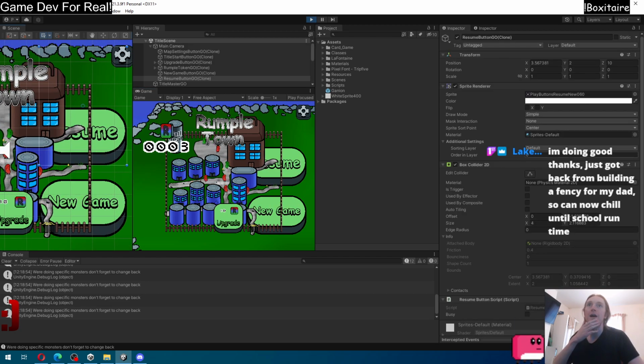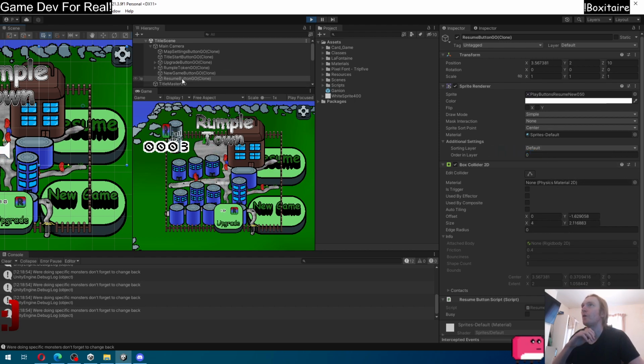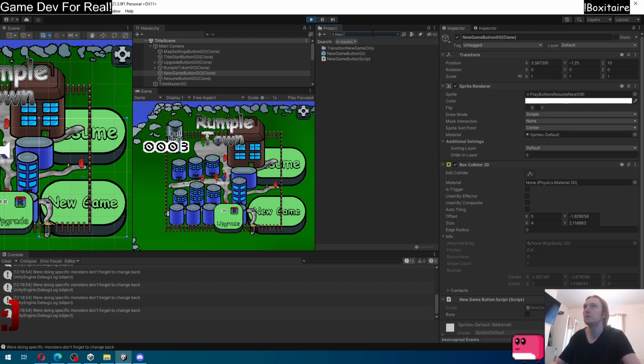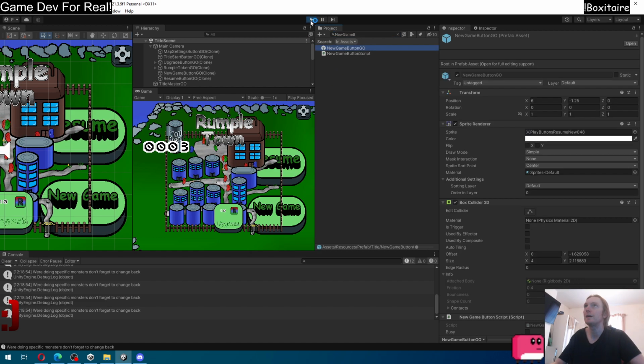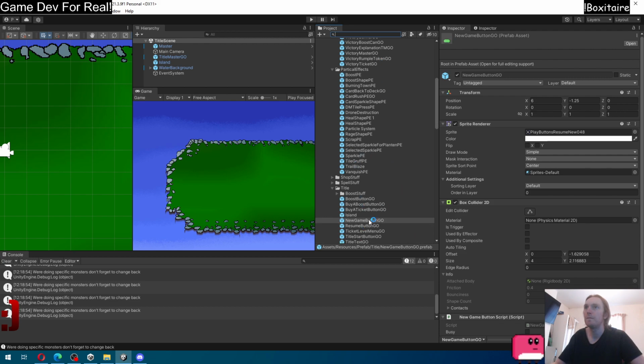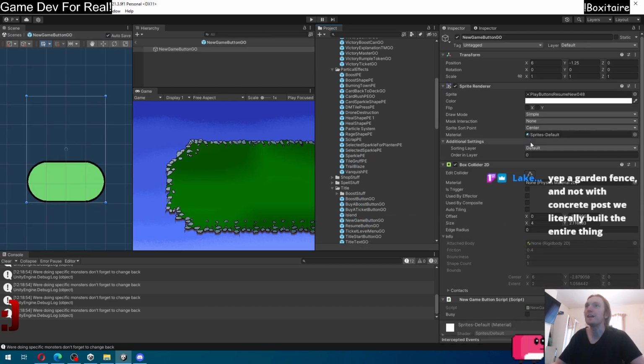Right. So this is also default. So what we probably should do is look for both these two buttons in here. If I go to the new game button, I'm just going to click here, turn this off here, go out of here, and then I think it will simply be a matter of